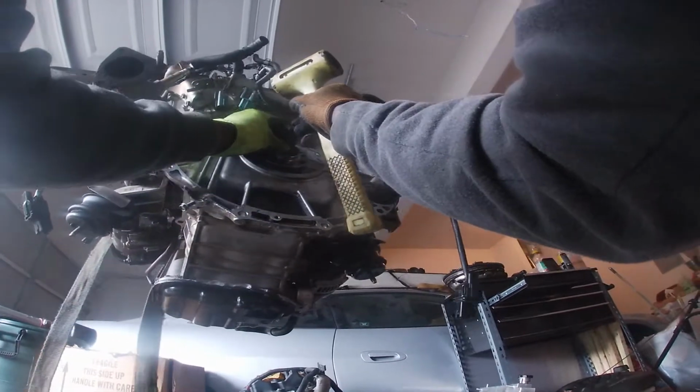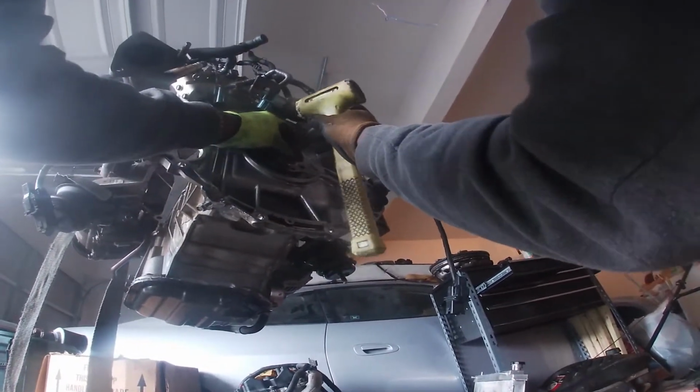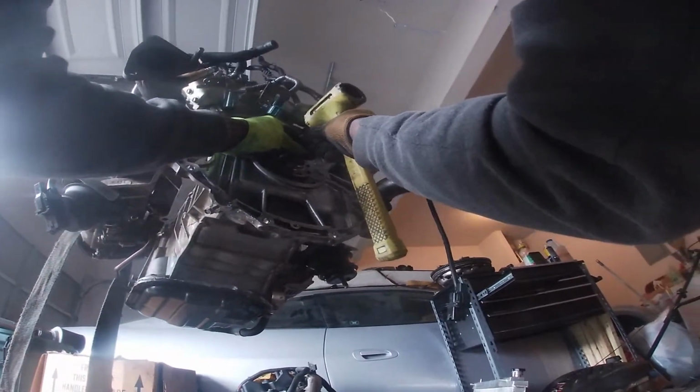Basically put the pilot in, and be careful because you can mess it up on insertion. These joints are cheap, but they're a bitch to get out. So hit it just like that. Make sure that it's level. Once it's in there, it'll kind of level itself out after you beat it in there. So now from there on, you just